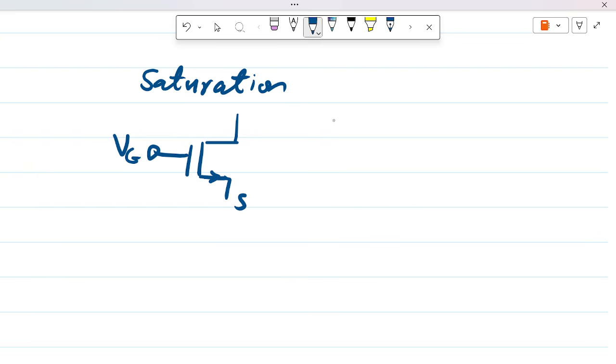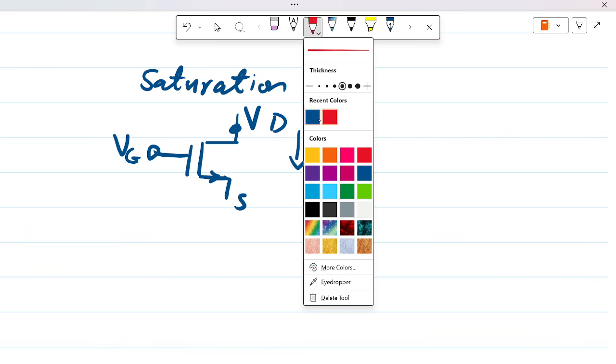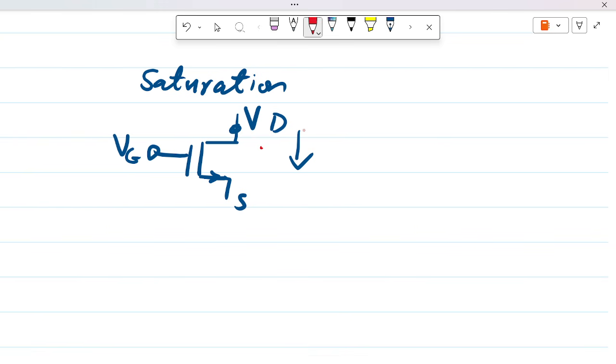So this is my source and this is my drain. Now if the drain voltage is above the gate voltage, then that is fine. But if the drain voltage falls way below the gate voltage, so I have my gate voltage and my drain voltage falls below the gate voltage. So this is my VD and it comes. Now the VD and the gate voltage are the same potential. Will the device still be in saturation? Yes. But if it further falls,